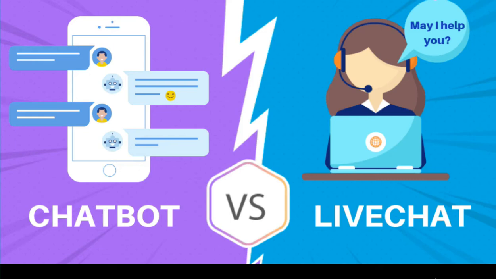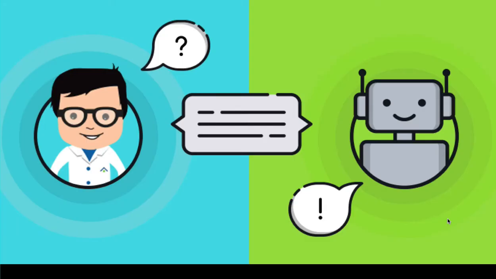So in the live chat process, there is a human at the back end chatting with the website visitors, whereas in case of a chatbot, there is a software program at the back end, at the business end, having conversation with the website visitors. So if you want to visualize the scenario, this is what I have for you. On the left hand side, you will find a website visitor, and on the right hand side, you will find a bot, a software program that is being used to converse with the website visitors.